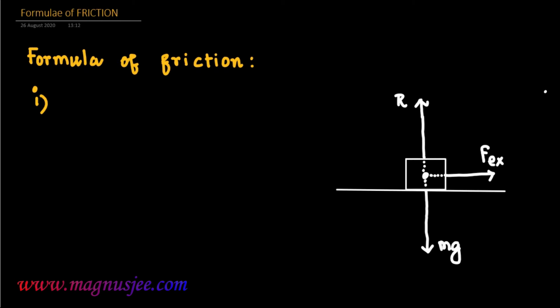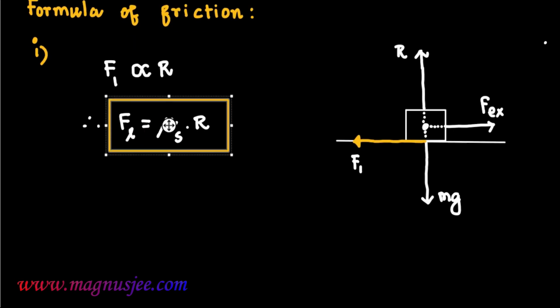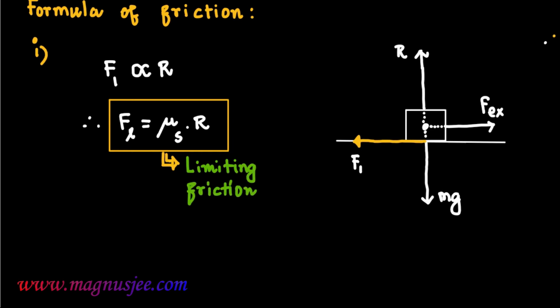Fex is the external force which is applied on the body, which acts from its center of gravity, and limiting friction Fl acts in the opposite direction of Fex. Here limiting friction Fl is proportional to R, where R is the normal reaction, and finally we get Fl equal to μs dot R, which is the force of limiting friction,